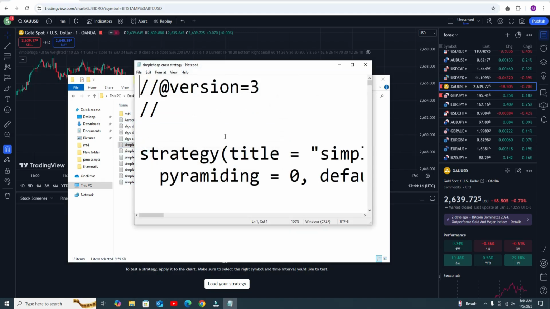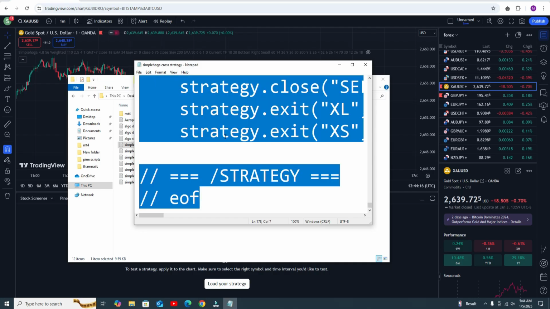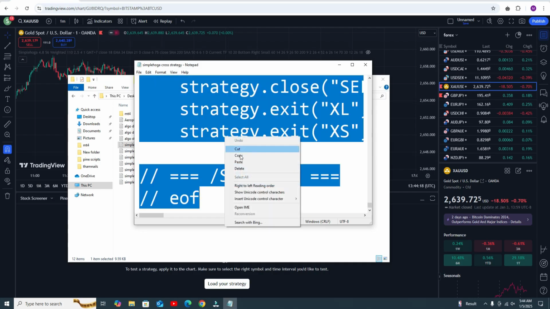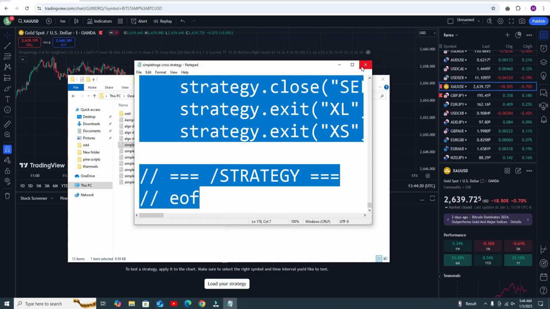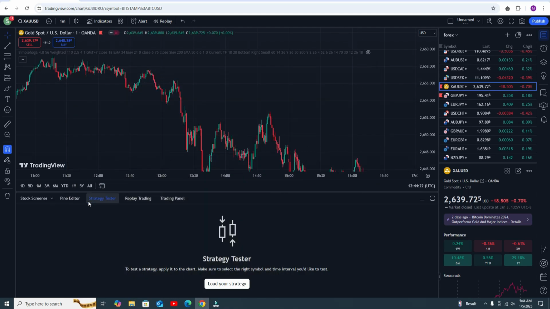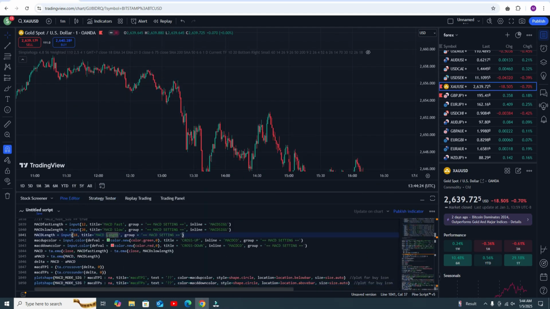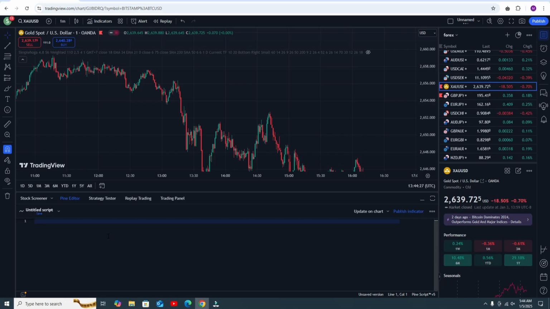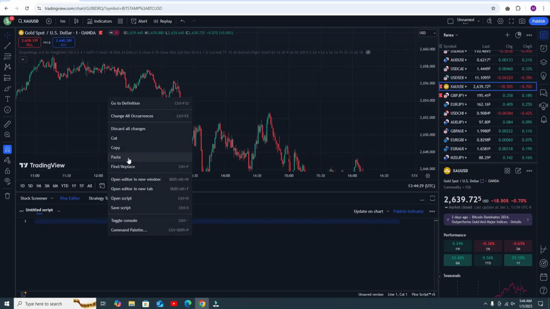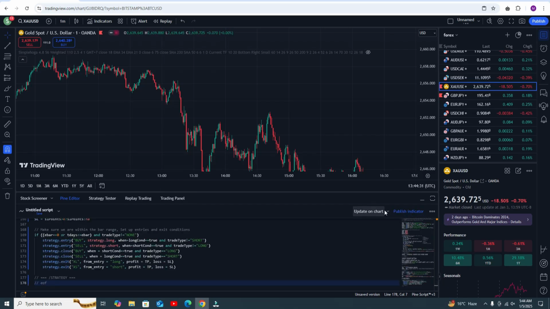You need to open the file I will send you, press Control A to copy all the code, then go to the Pine editor, press Control A and remove all the code first. Then paste my code and click on add to chart. After clicking on add to chart, the indicator will look like this.